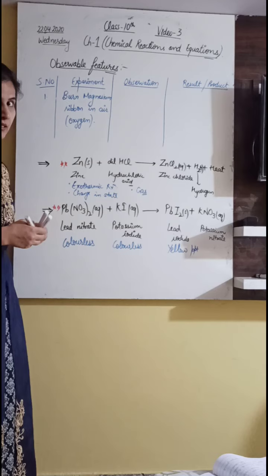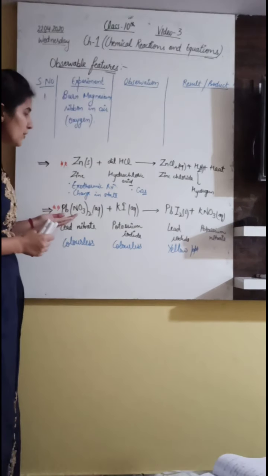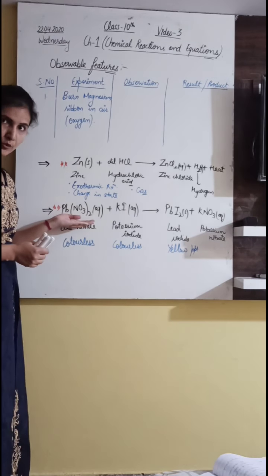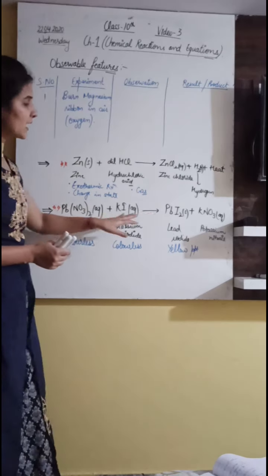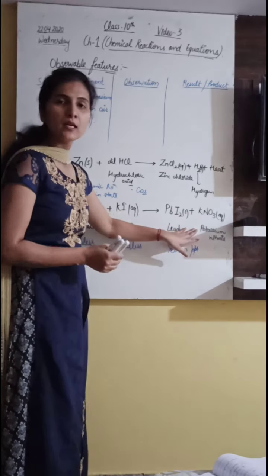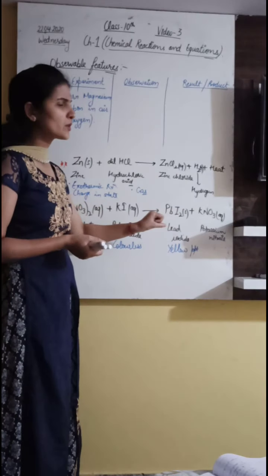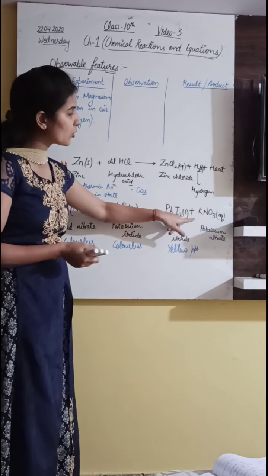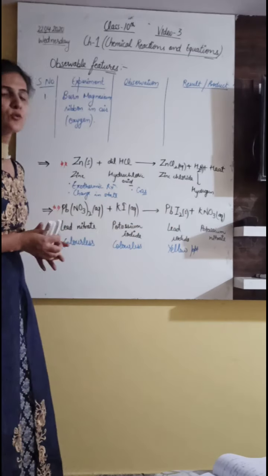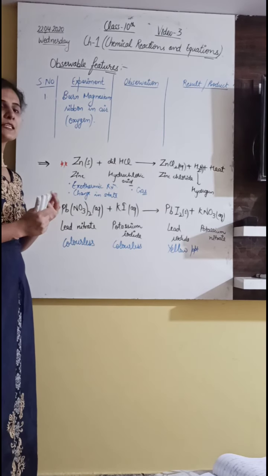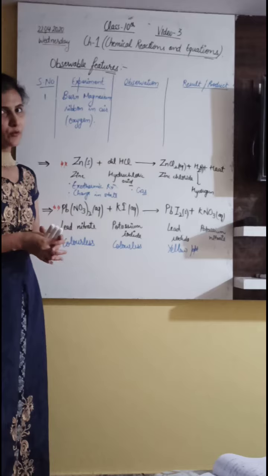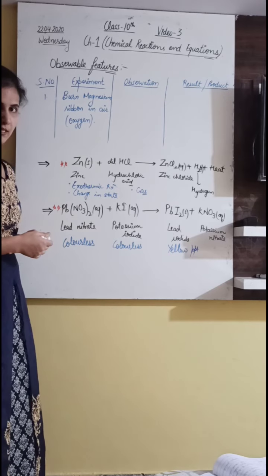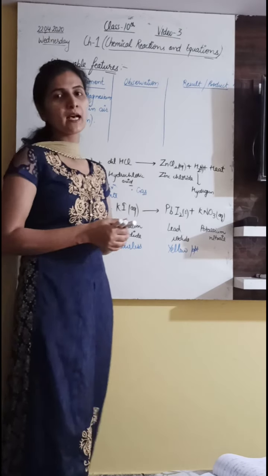Now the next reaction we have done in our previous lecture is what will happen if we mix potassium iodide solution in lead nitrate solution. Then a yellow precipitate will form along with some aqueous mixture. When we write the equation, we come to know that the yellow precipitate of lead iodide will form along with the aqueous solution of potassium nitrate. So what are the observations here? The first is that a yellow precipitate will form, and the second is aqueous to solid. So change in state also takes place. These two equations we have already done in our previous topic.